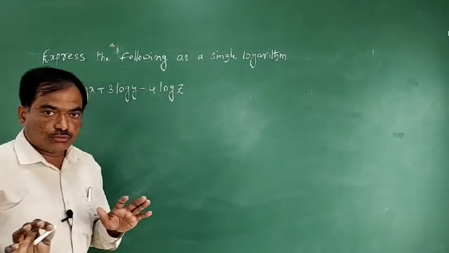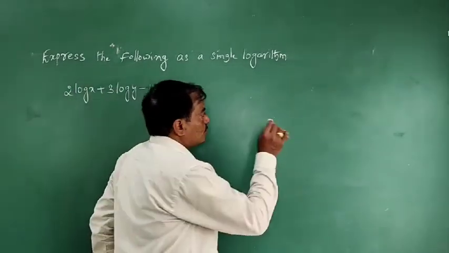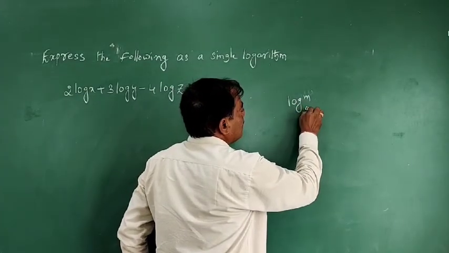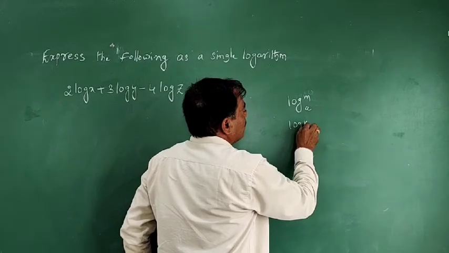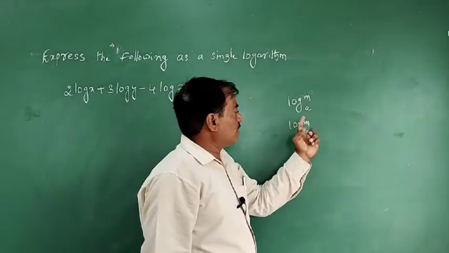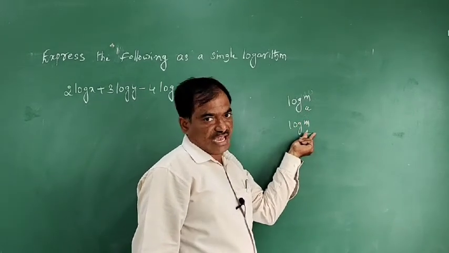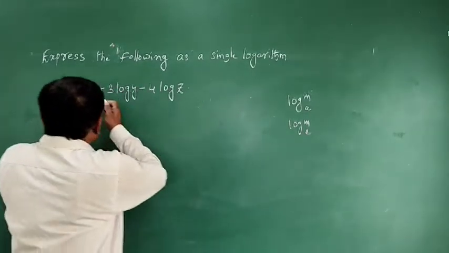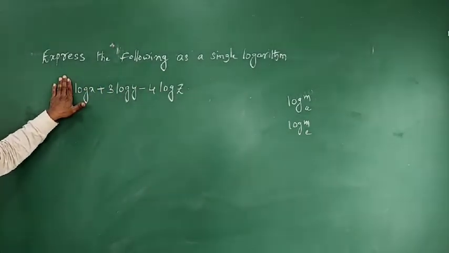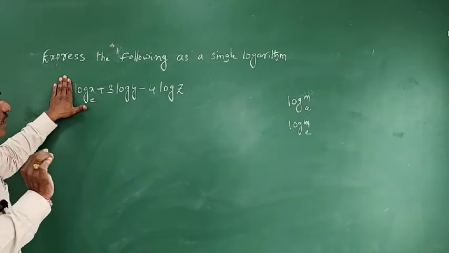Actually, before we discuss these properties, here only log x is there. So there are 2 types of logarithms, log m to the base a and log m to the base e. Log m to the base a means a is a real number, and log m to the base e means e is the standard value. So if only an expression like log x is there, by default the base is e. So remember this one.